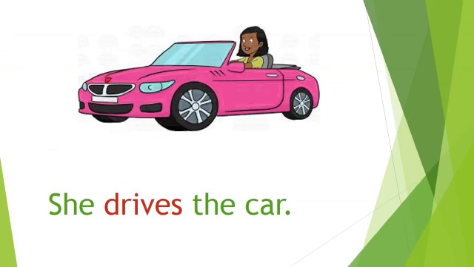In this sentence, she drives the car. She is a pronoun and we use she for a single female. Okay? So she is singular, so we will add s to the verb drive. The verb is drive, so we will add s to the verb drive to make it simple present tense. The correct sentence will be she drives the car. Okay, it is correct. And we will not write she drive the car. That would be wrong. With singular nouns and pronouns, we will add s to the verb to make it simple present tense.